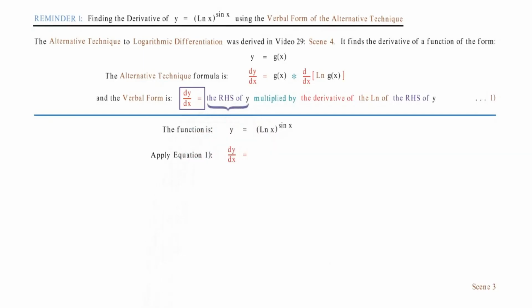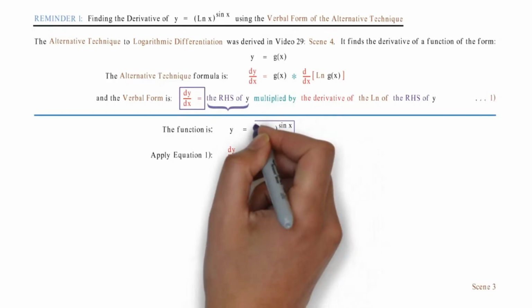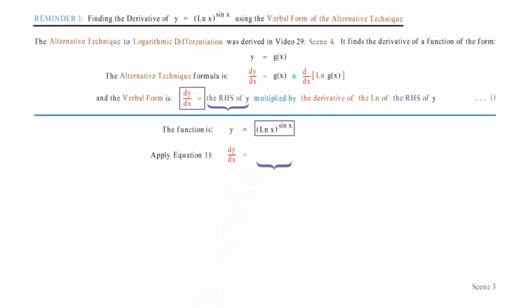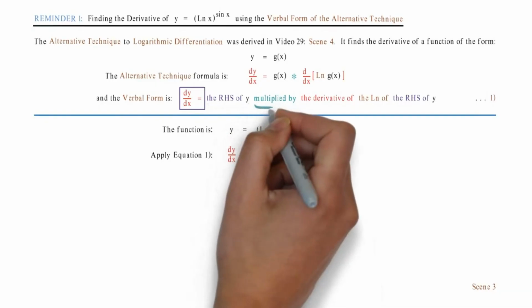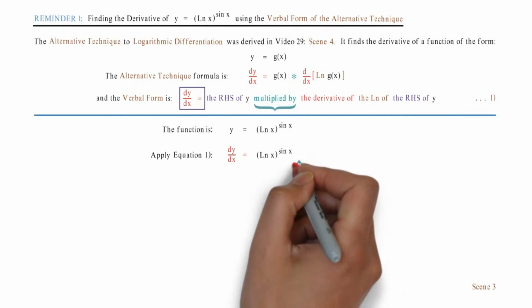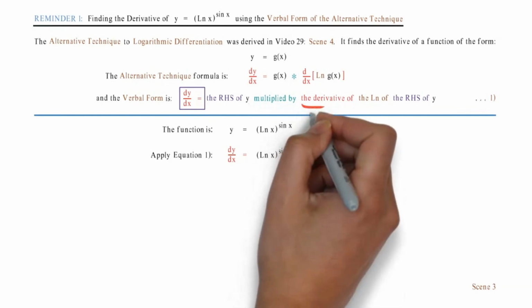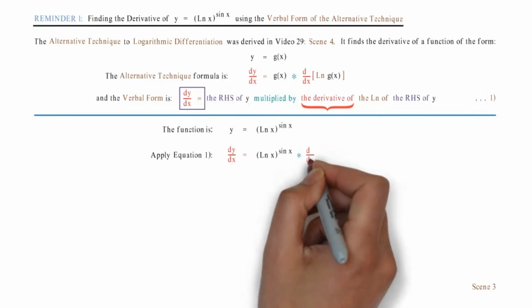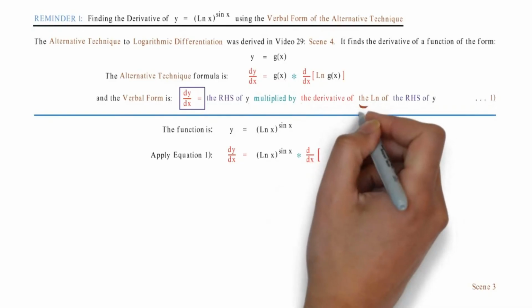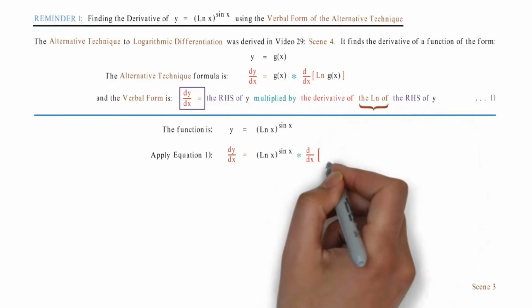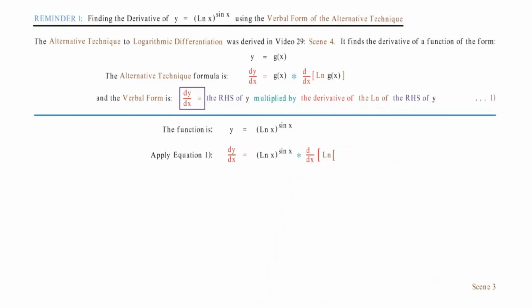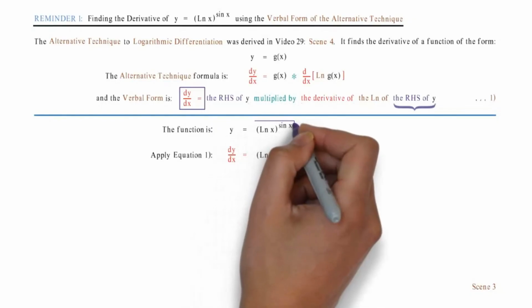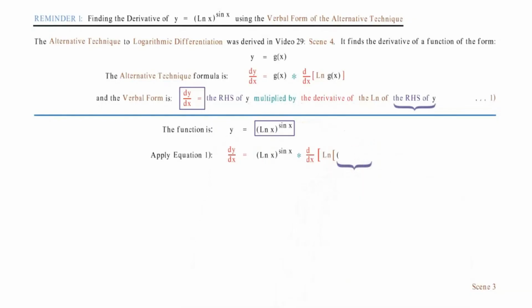The right-hand side of y is this expression, so substitute. Multiplied by is times. The derivative of is d by dx of. The ln of is ln of. The right-hand side of y, as before, is